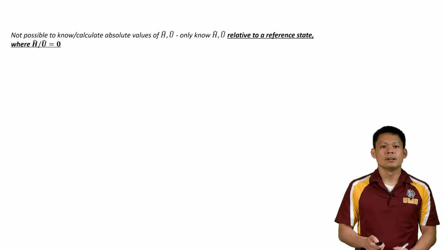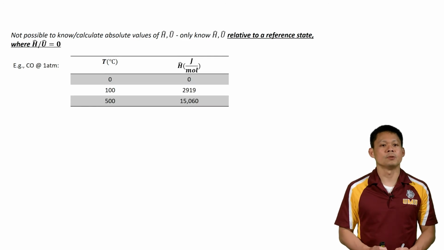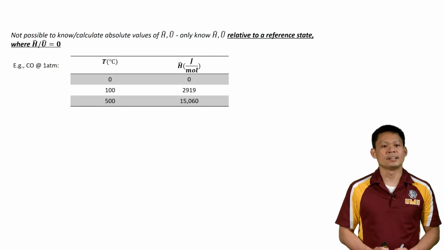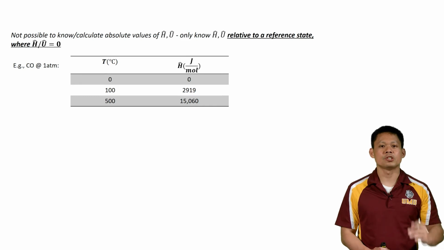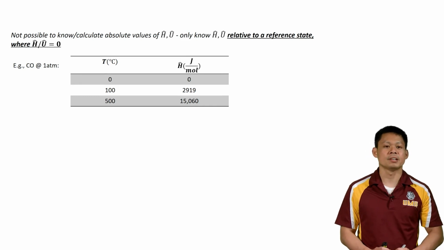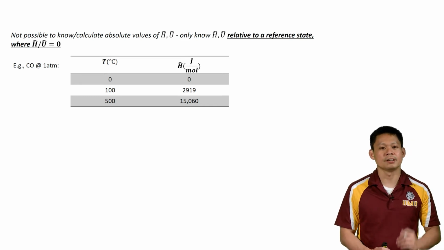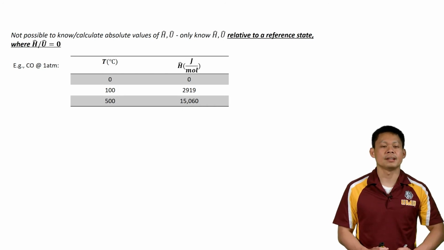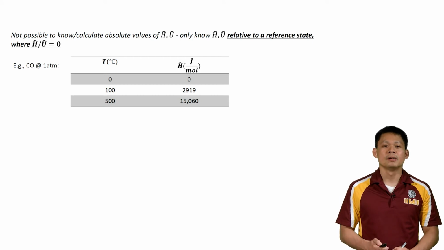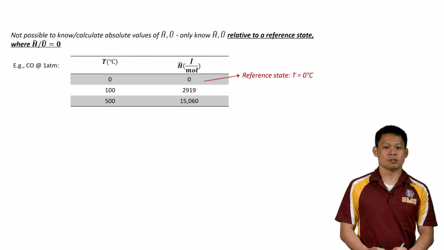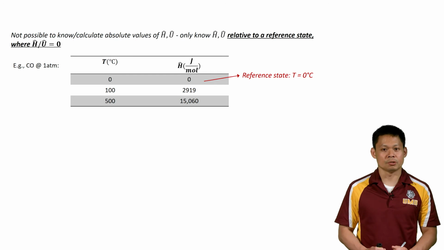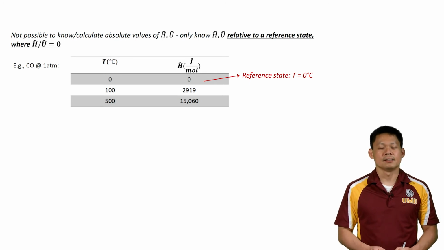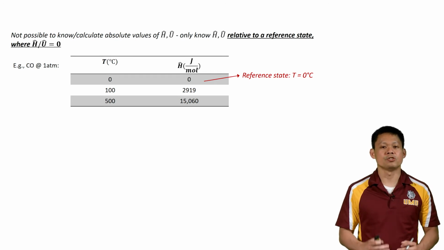0. For example, we have this table for carbon monoxide at 1 atmosphere, and we are given the enthalpies at 3 different temperatures: 0 degrees C, 100 degrees C, and 500 degrees C. How do we know what the reference state is that's picked for this carbon monoxide? It is where our enthalpy is 0. So that is at a temperature of 0 degrees C. This means that this table of values was generated for carbon monoxide with a reference state at temperature of 0 degrees C, pressure of